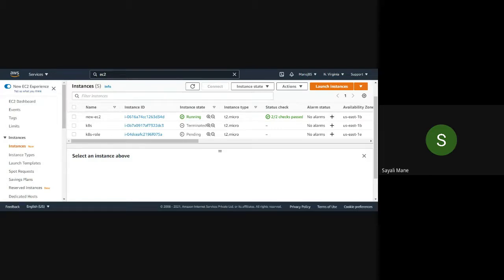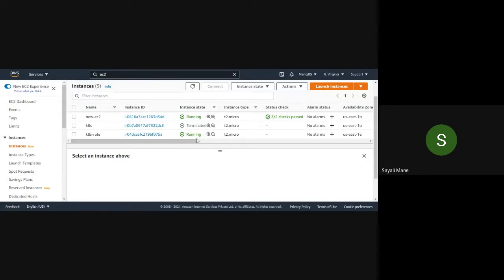Done? Yes or no? See, the instance state is now running.